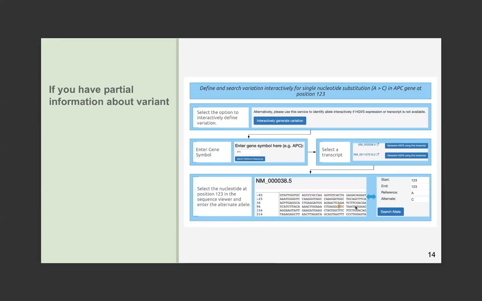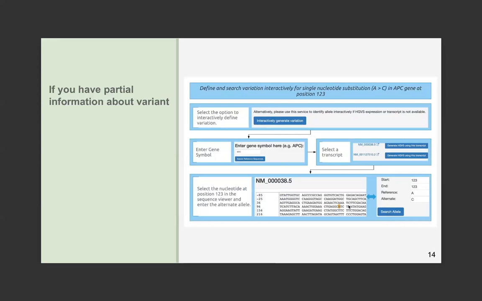All you have to do is select and provide the alternate allele, and just click search allele. The information that you are entering is the gene symbol and selecting a variation here, and search allele. You should be able to get a list of probable alleles, and here you will be able to get the exact CA ID, because you are specifying the transcript